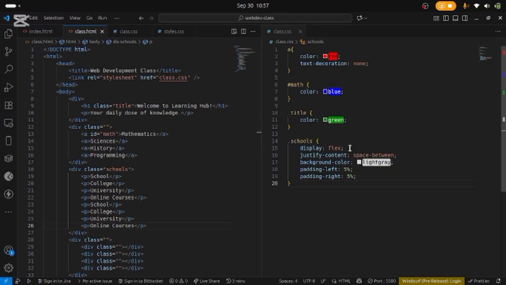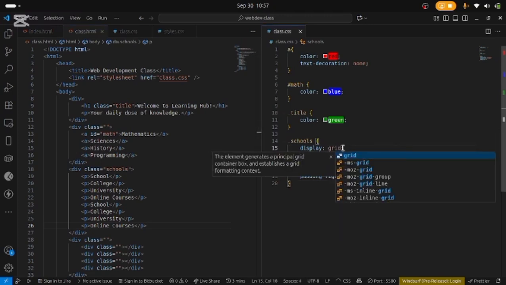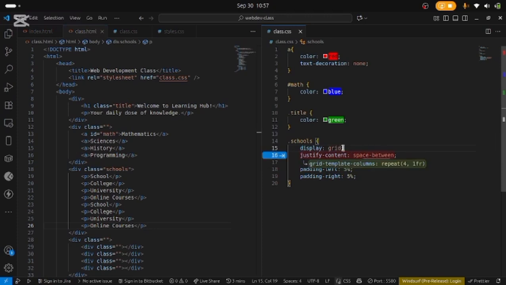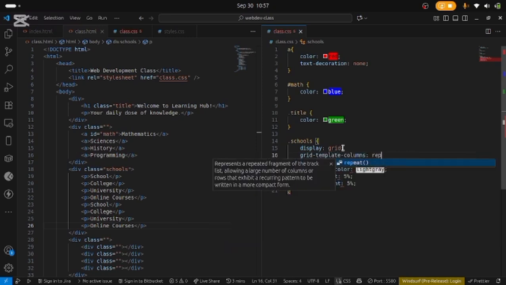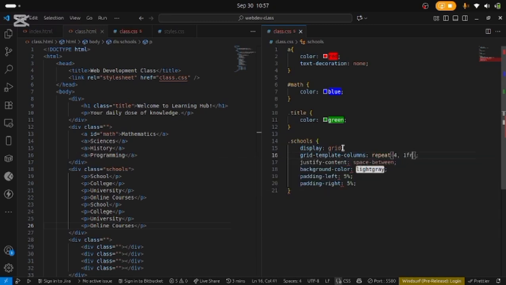So what I will use here is just change this display to grid, and then instead of justify-content space-between, I'll have something like grid-template-columns, and I'll have repeat for one now. Before we go back to the drawing,